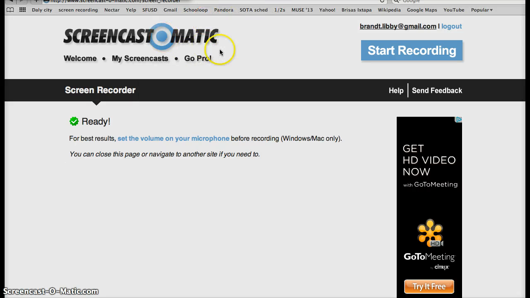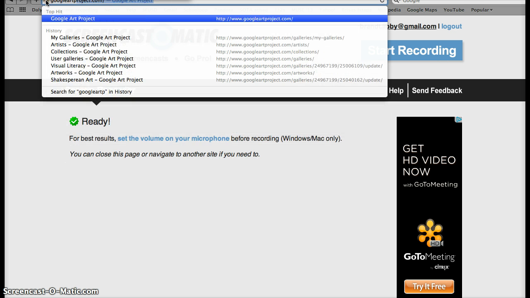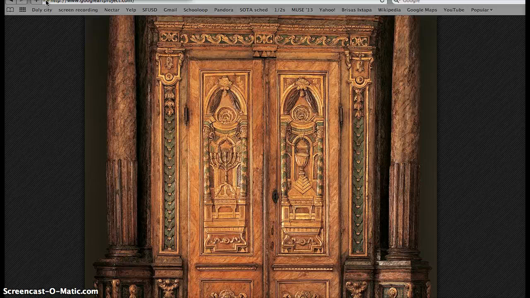Okay, so my technology that we're going to work on today is the Google Art Project. So you start by going to Google Art Project, which is just googleartproject.com. This site houses various works from different artists around the world in different periods, and it's organized in